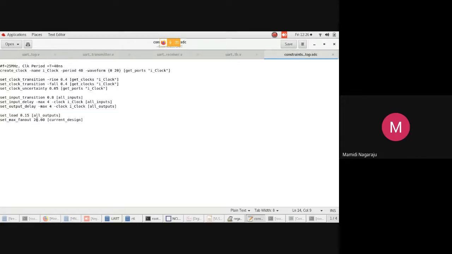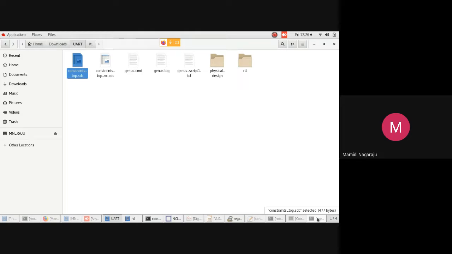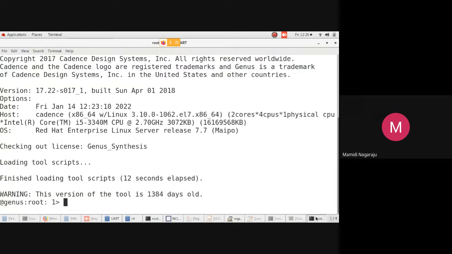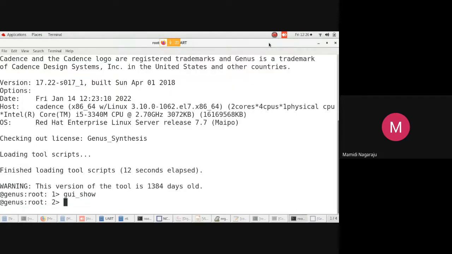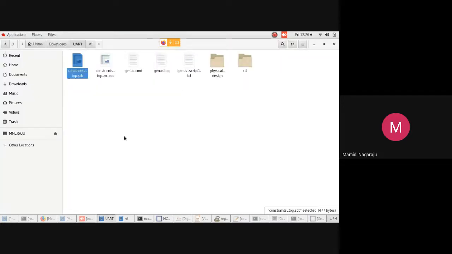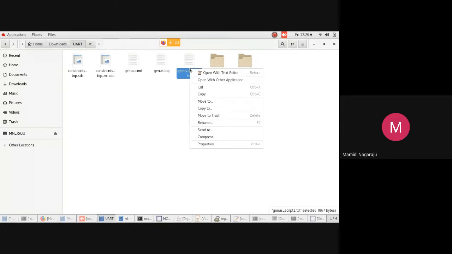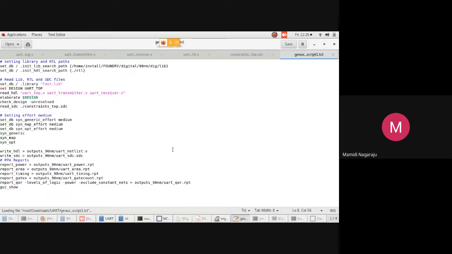Okay, specifications and all. Now my constraint file is ready, and the tool is Genus, so you can show the GUI. In the design you can see here, there is no design, it is empty. Apart from SDC, we need one TCL script for this synthesis. In the synthesis step, we write our